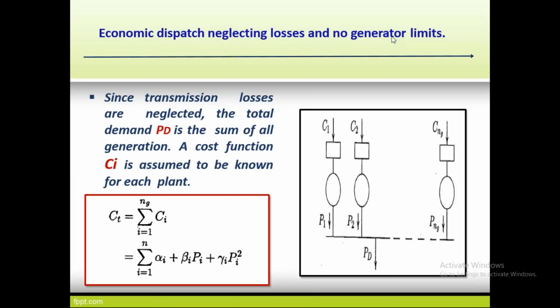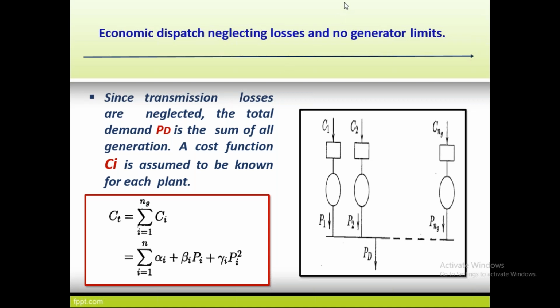The same problem you can do by a different method. So that is method 2, economic dispatching with neglecting losses and no generating limits. So this is the second model. Same problem we can do in a different way. Generally, if you want to economically dispatch, economically schedule the maximum demand among the units, there is only one way. You have to neglect the losses. Then only you can easily allocate the scheduling among all units in the plant.